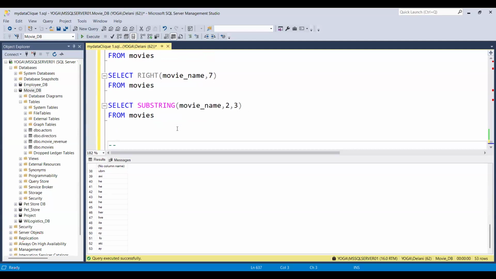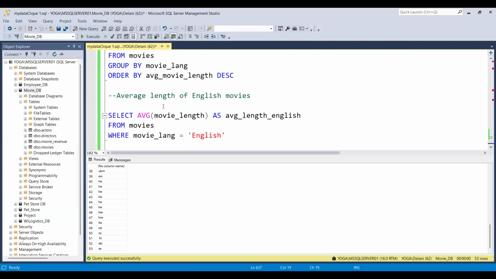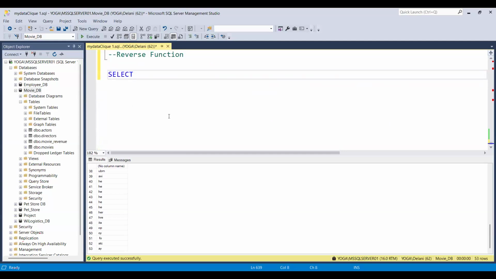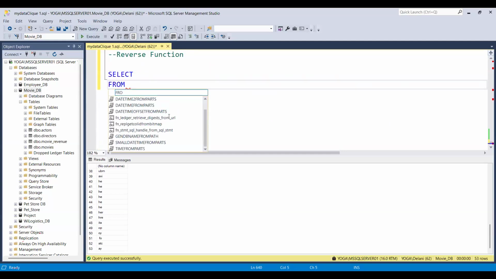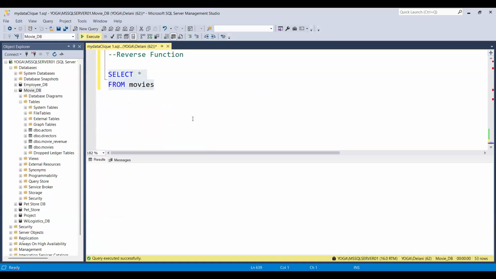All right, now the next text function is the reverse function. What the reverse function does is that it flips values in a column, that is from right to left instead of from left to right. I'm going to select everything from the movies table, and I'm going to show us something from there. Don't forget, these are text functions. So if I select all from the movies table and I highlight this, if I execute,